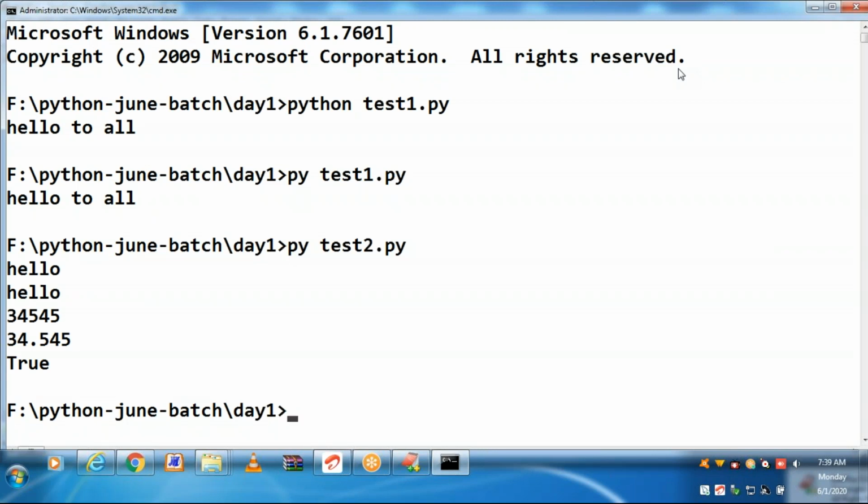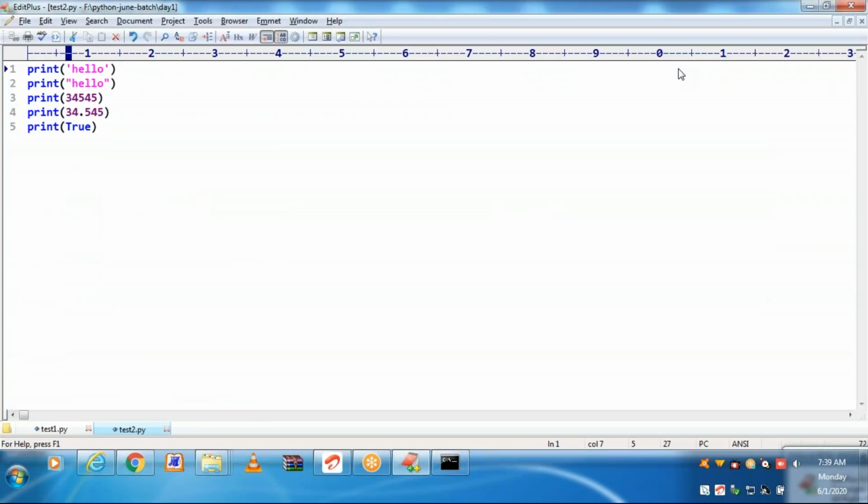Print function has dual features: print the specified content, then bring the cursor to the next line.